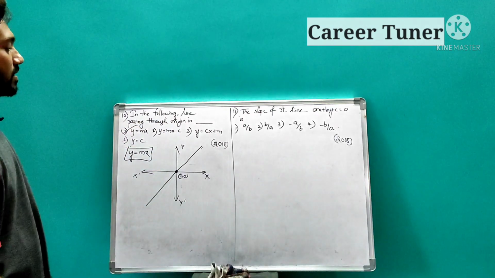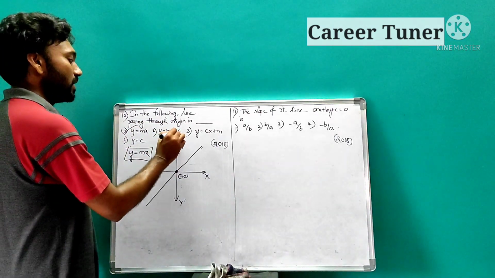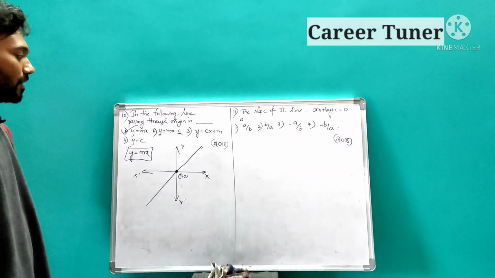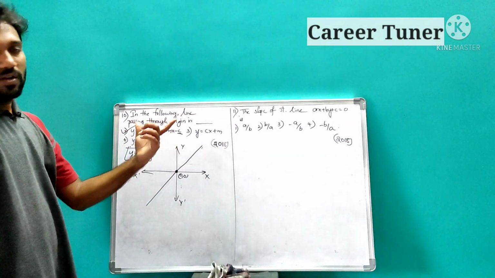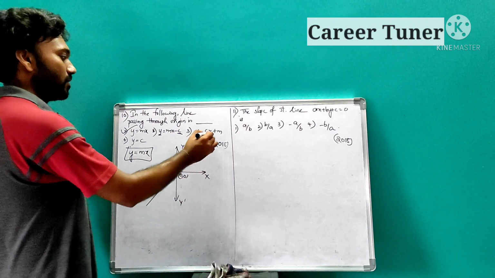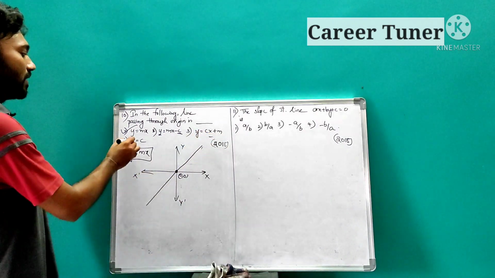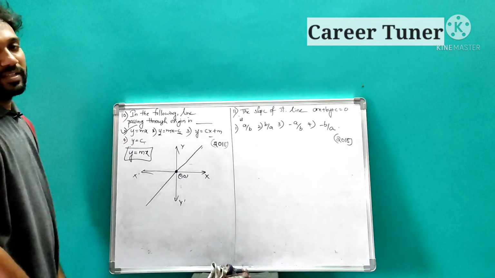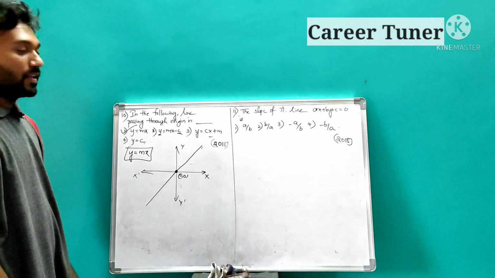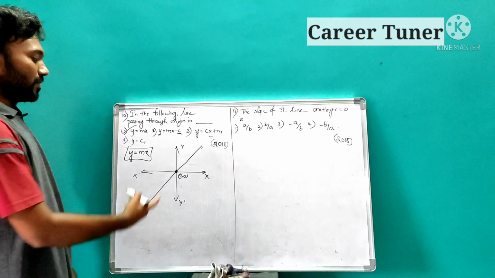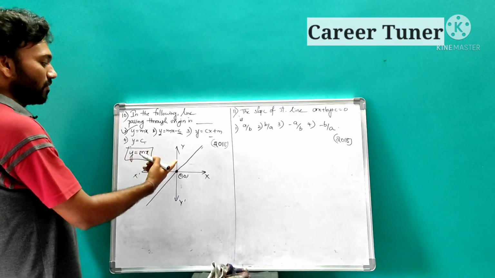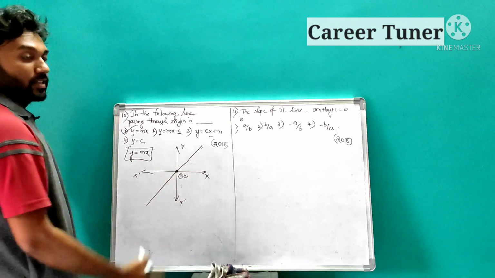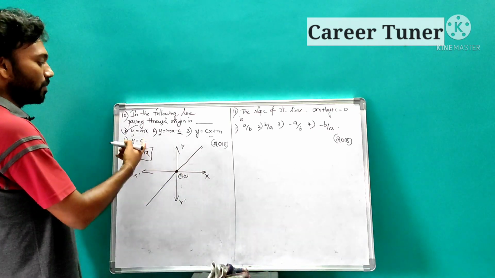Remaining all the cases, see here what is this? Here this stands for intercept of y. And this equation doesn't pass through the origin. And here also, this also doesn't pass. And here y is equal to some k. Y is equal to some k is a line which is parallel to x-axis. Suppose y is equal to some c. Let c be equal to 1 or any value you take. So here you will get a line like this which is parallel to x-axis. So this also won't pass through the origin.